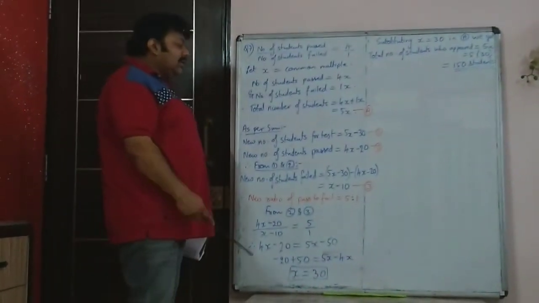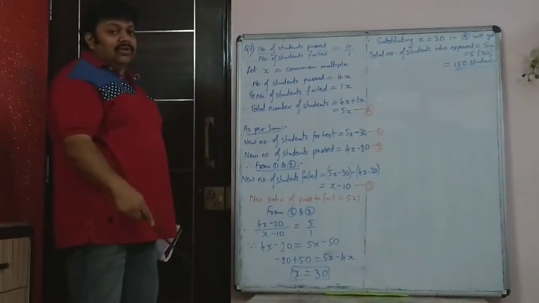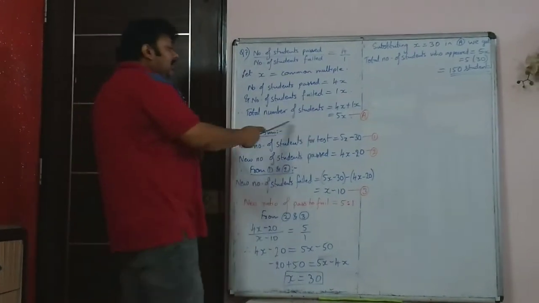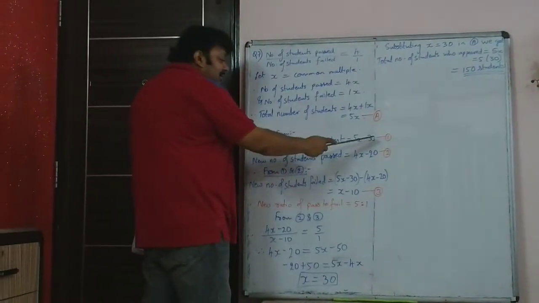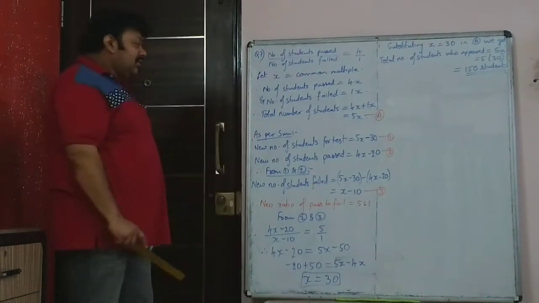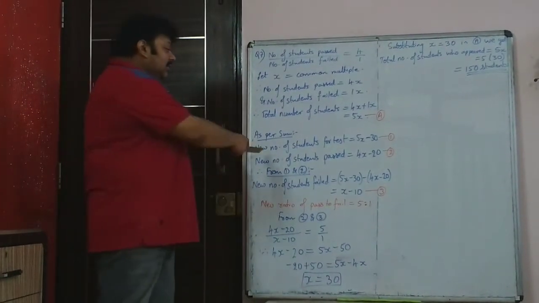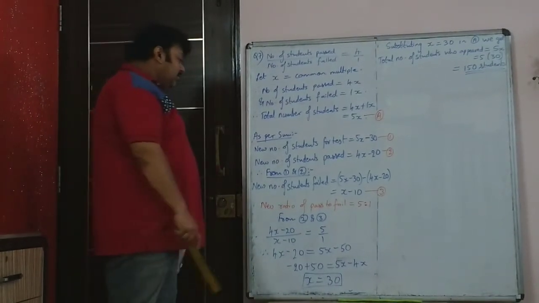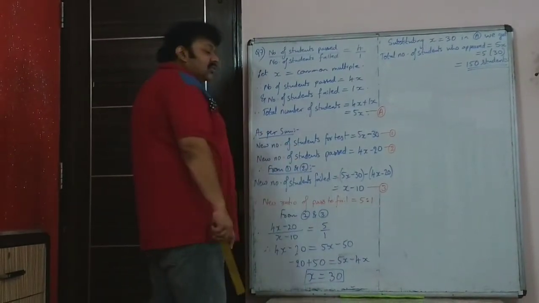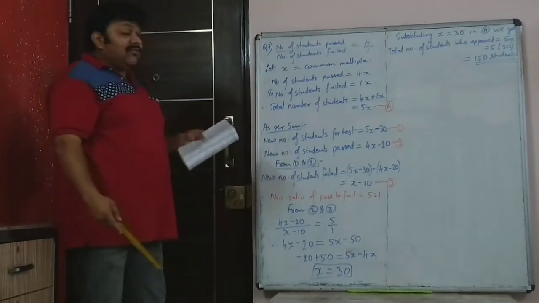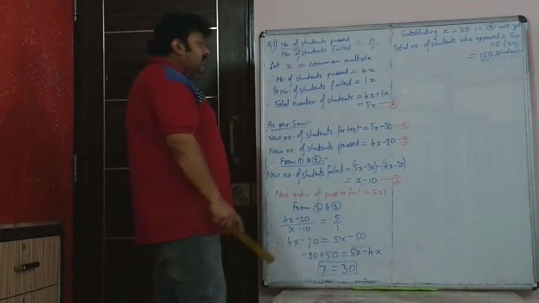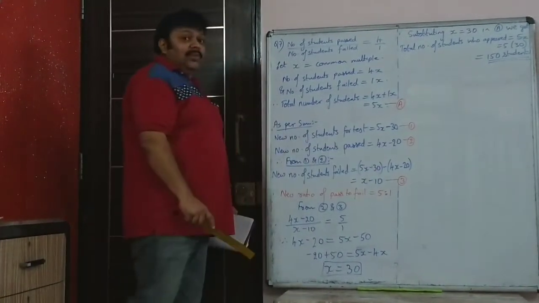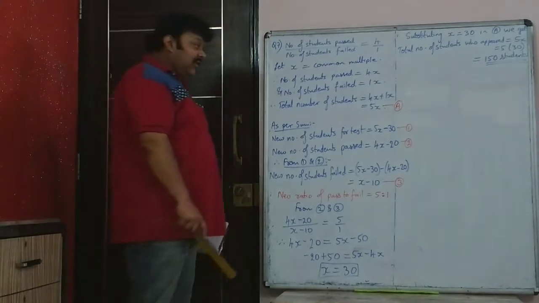Now you are given one condition, had 30 students less appeared for this test. So how many appeared? 5x. So from that, if you remove 30, that is the new number of students who appeared for the test. So it is 5x minus 30. Then the new number of students who would have passed would have been 20 less than the original case. So originally 4x passed, so now the number of students who passed would be 4x minus 20.